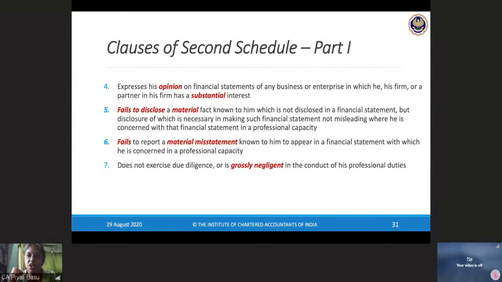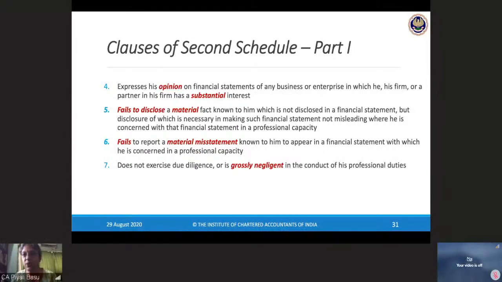Will it not be a misconduct on the part of the member? It will be. We are signing one figure, that the turnover of this company for the period from April to June is so and so. Only one figure, maybe in crores or in dollars or whatever. Is that enough? The client will say, it is only one line, why do you want to see so many things? We need to see so many things because we do not know what the constituents of that figure are. We have to know